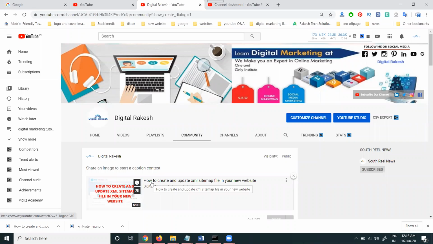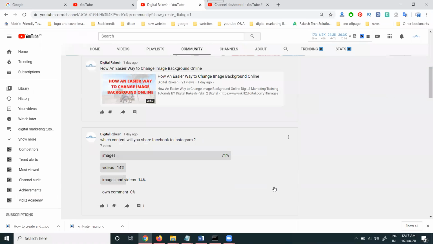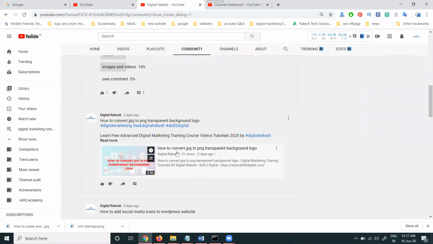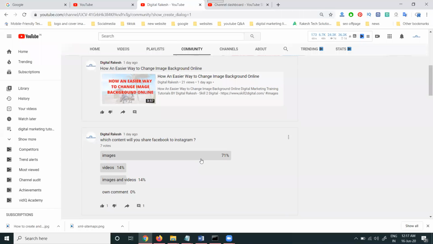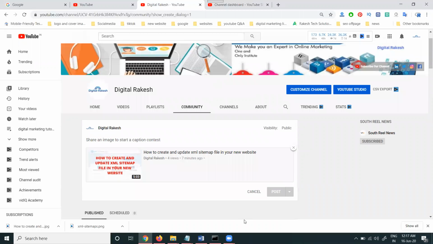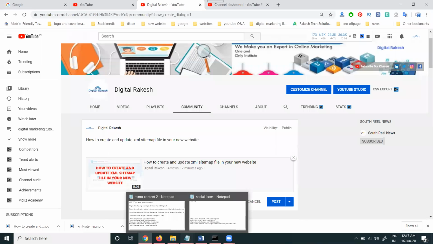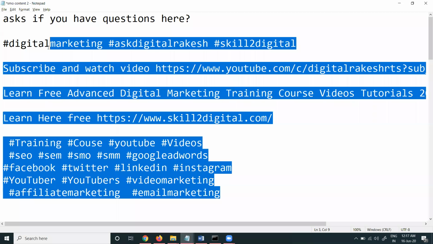In the promote time, there is a new feature. The community tab now supports hashtags. Nowadays people use hashtags in the community tab also, which helps trending for your keywords. Now I'm updating your tag here. What is the video specification? Add here. Next, the particular tag will be here.